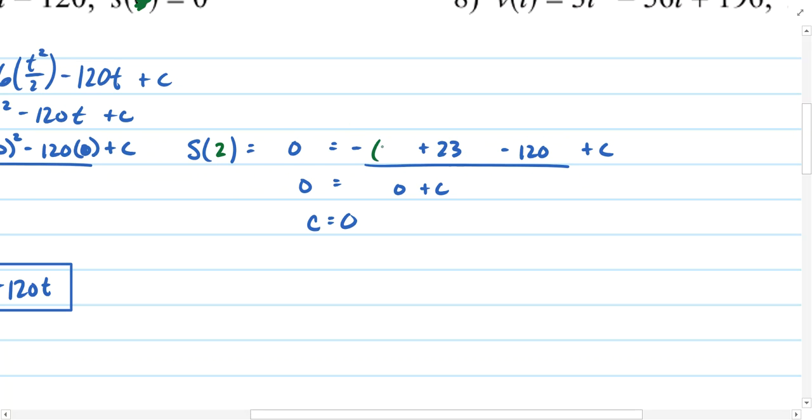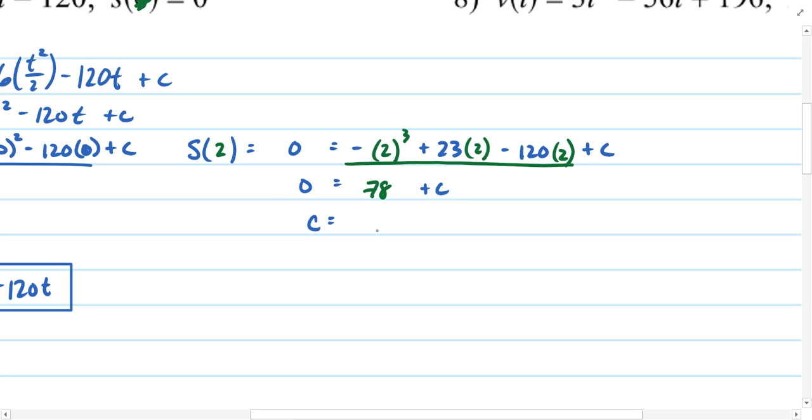So if we had negative 2 cubed plus 23 times 2 minus 120 times 2 plus c, that would all equal 0. And off camera, I calculated that to be 78. So this expression is 78, and if 0 is still equal to 78 plus c, then this c value for